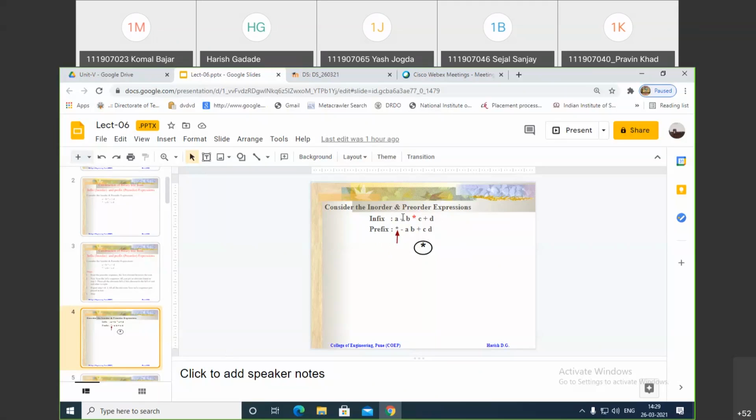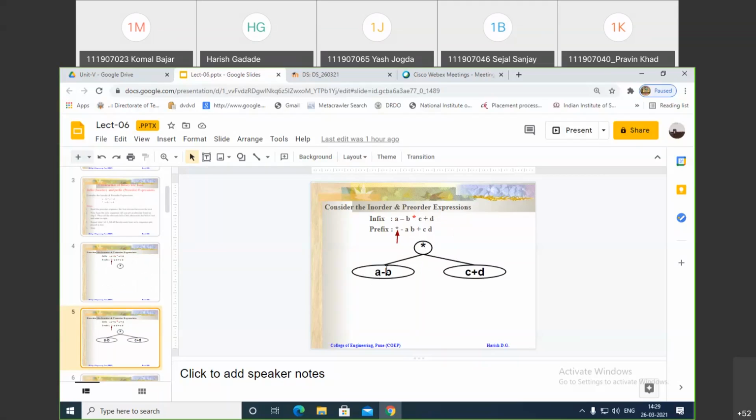We are searching for that star in this infix expression. Star is here, so make this star the root. Whatever is to the left of this star becomes the left subtree, and whatever is to the right of this star becomes the right subtree. You can see here, this is the star, and to the left of this is a minus b.